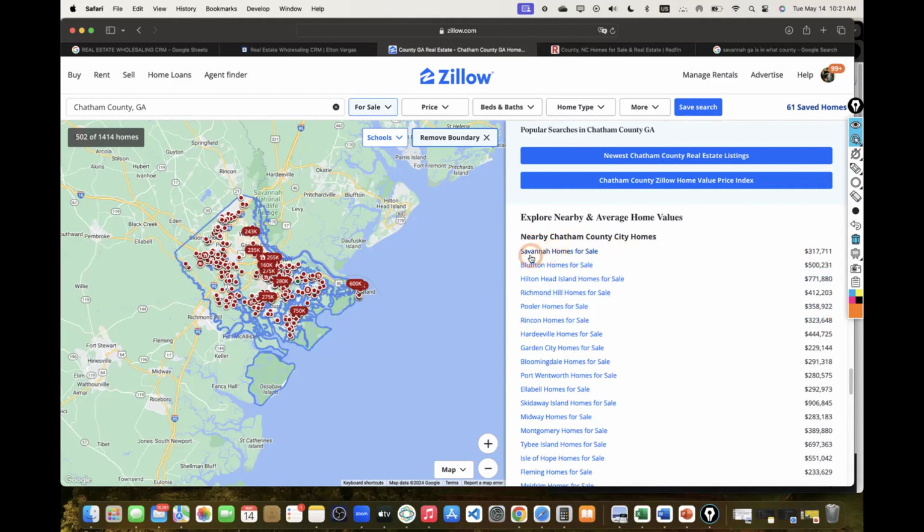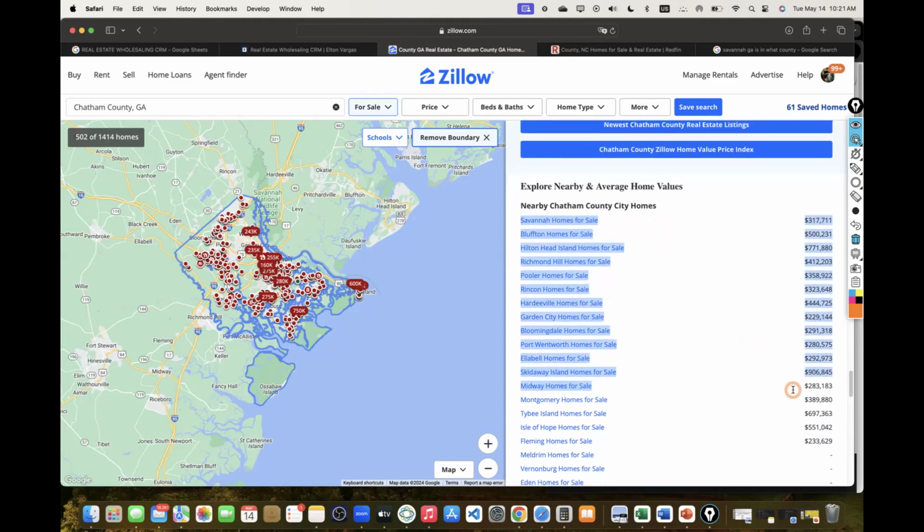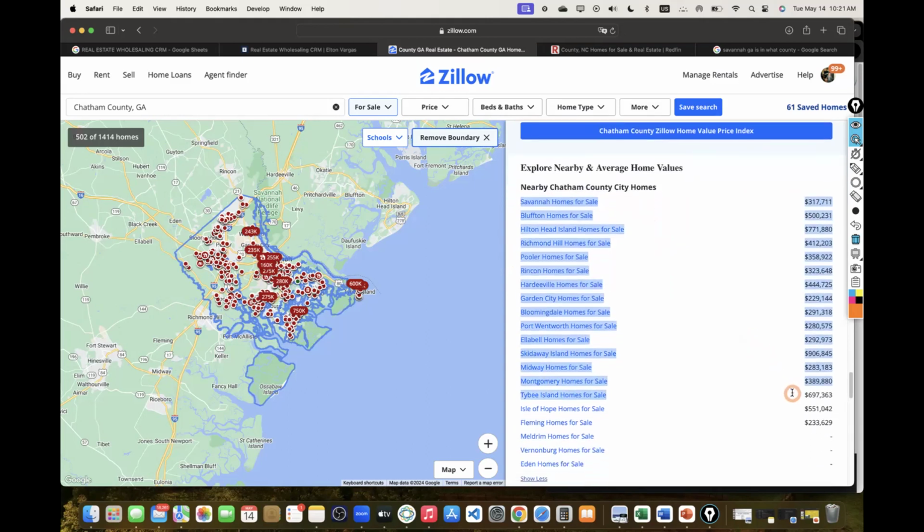So if you're looking at Savannah homes, because that's the city we selected for today randomly, Savannah homes on average sell around $317,000. So if I'm looking for a property, I definitely want to buy them around 50, 60 cents, maybe 40 cents on the dollar, and definitely try to flip it close to this. That's if it's doable. So what I'm doing with this information is, can my subject property sell for that $300,000 price point? That's where you have to do your due diligence and confirm, can the property actually sell for that much? Can it be more or can it be less?